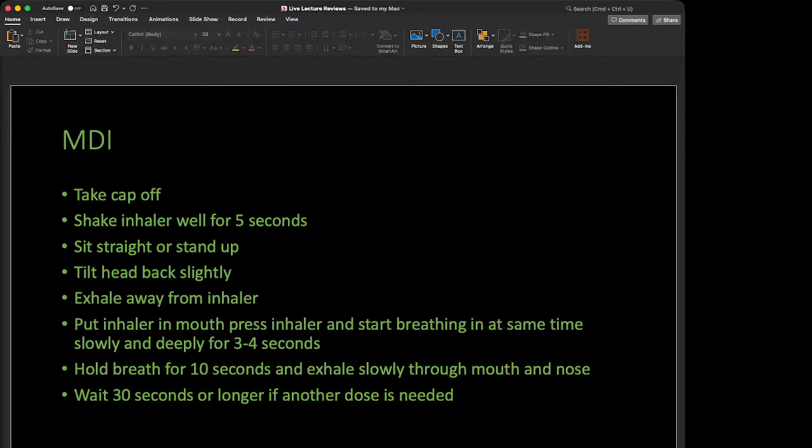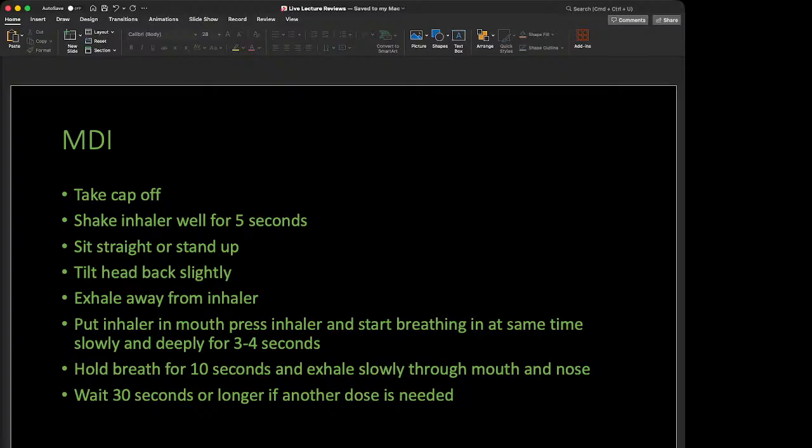When it comes to a metered dose inhaler, these are the steps you would follow. First, take the cap off and shake the inhaler well for about 5 seconds. Then stand up straight or sit straight, and tilt the head back. Exhale away from the inhaler, then put the inhaler in the mouth, press the inhaler, and start breathing in at the same time, slowly and deeply